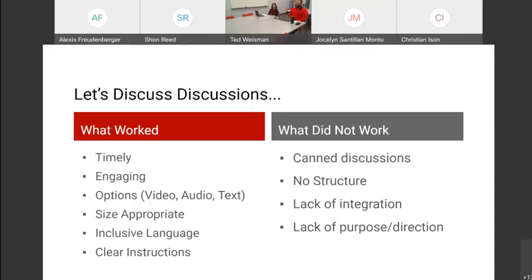We want to make sure that your discussions are engaging. Part of the way to do that is you can incorporate things like video or audio, or have students use different forms of text. We're going to look at a couple of examples of what that looks like. You want to make sure that you're using inclusive language when you're setting things up, that you're providing really clear instructions, and that what you're doing is appropriate for the size of the class, right?